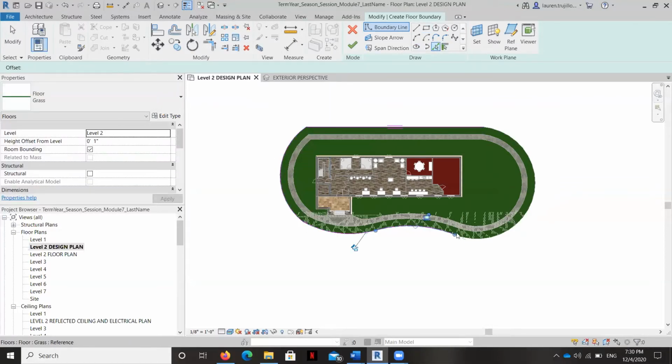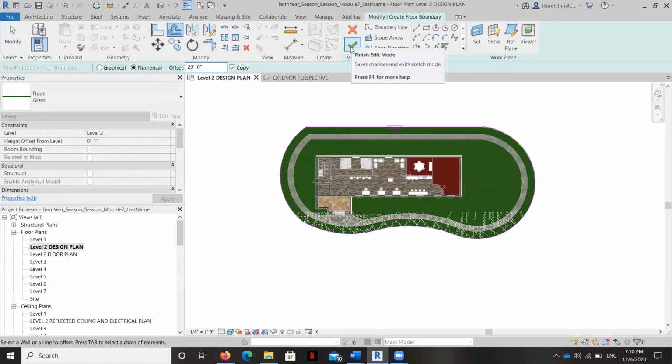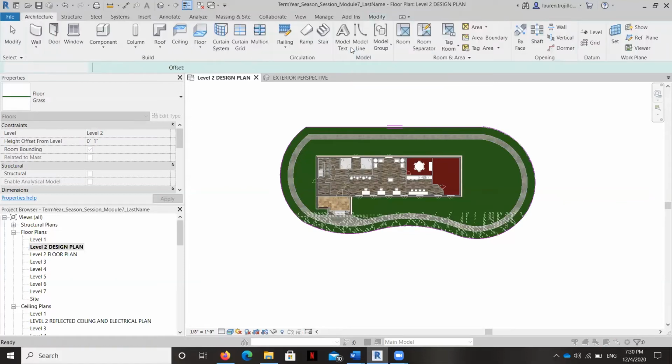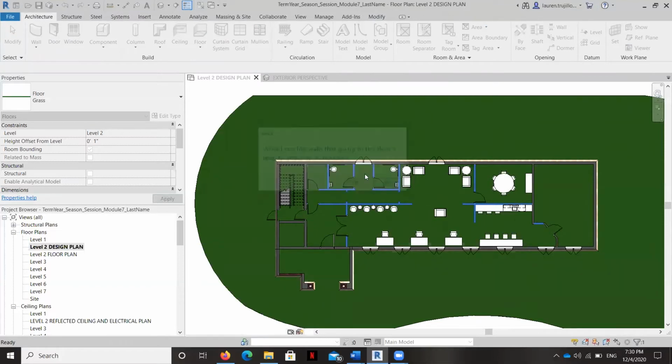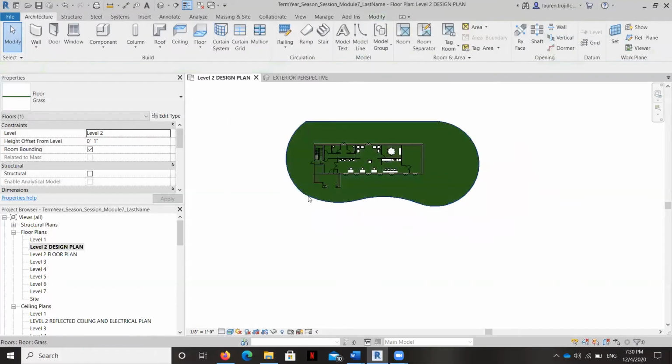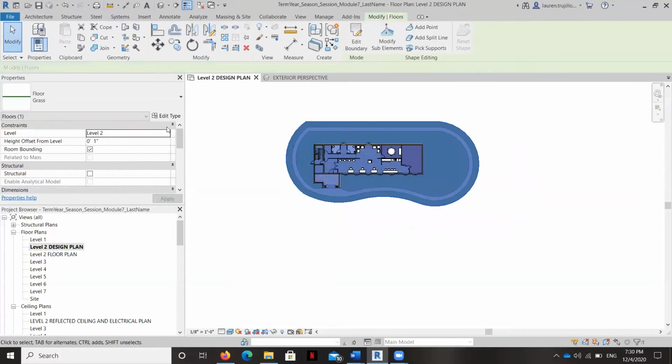Now a street, again, I'm not a civil engineer, but they're about, I don't know, 20 feet or so wide for cars going both ways. So we will go ahead and offset that line 20 feet. Again, there's no way that an interior designer would probably be drawing most of this, but at least we'll be able to create a nice rendering for it.